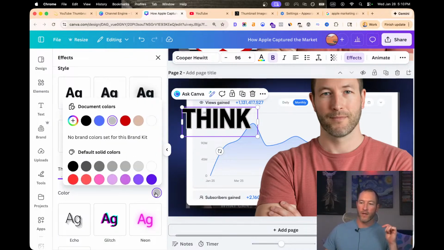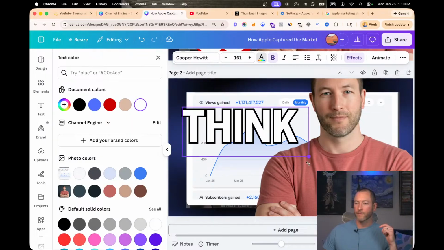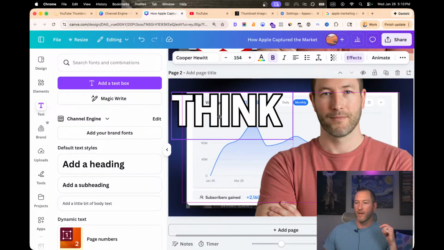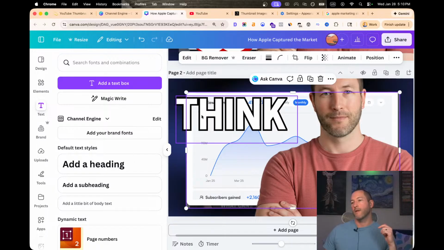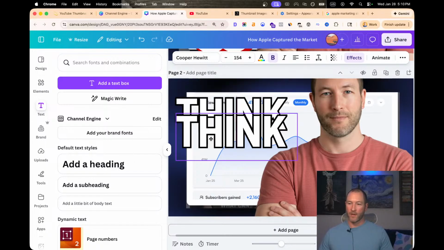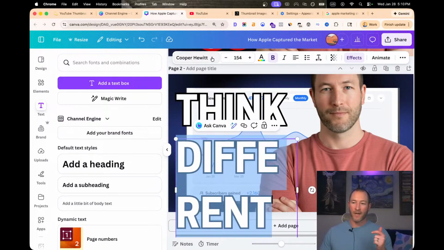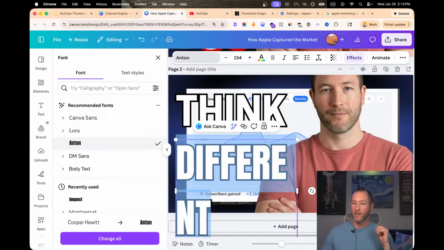So for example, right here, I might do outline, and then I can do the outline in white. I can do it in black, in which case I want the text to be in white. So something like that. And to me, usually that doesn't stand out quite enough. So instead of just having think different in white here, let me go ahead, I'm going to copy think, and I'm going to put different, and I'm going to do a different kind of text, and I'm going to do a different kind of background, because I'm going to show you something. So if I do think different,